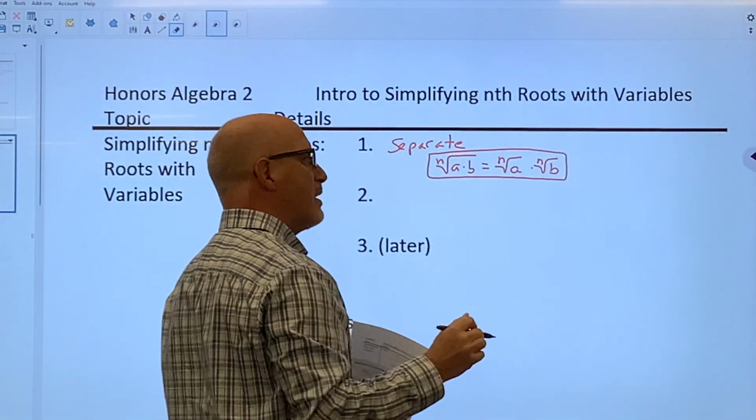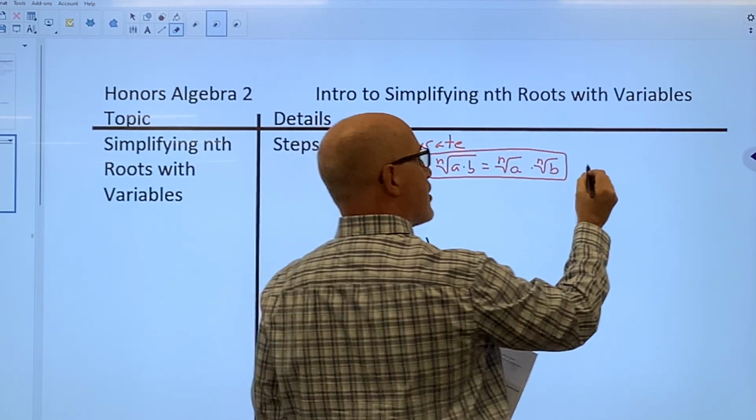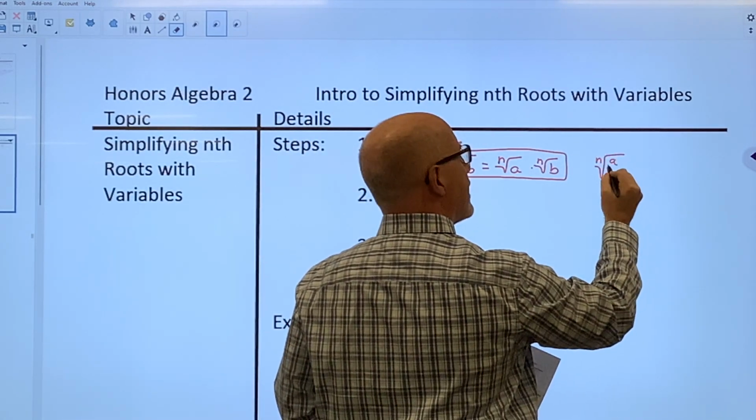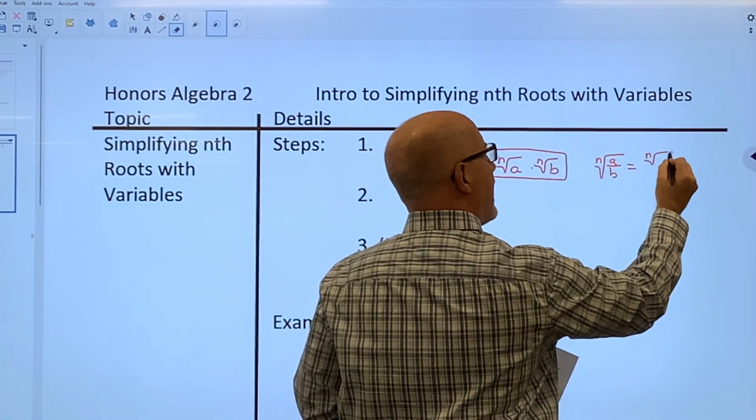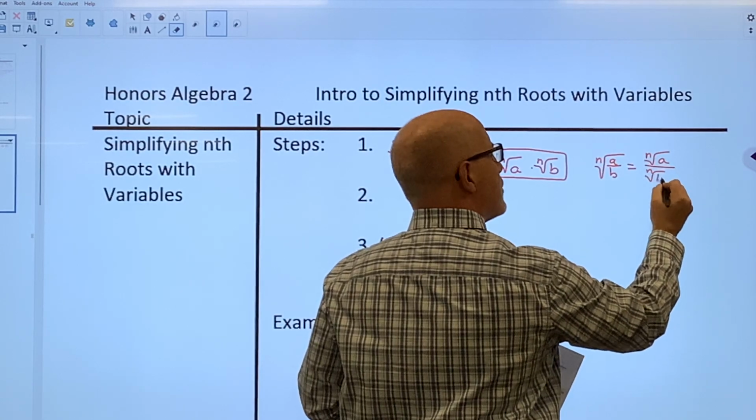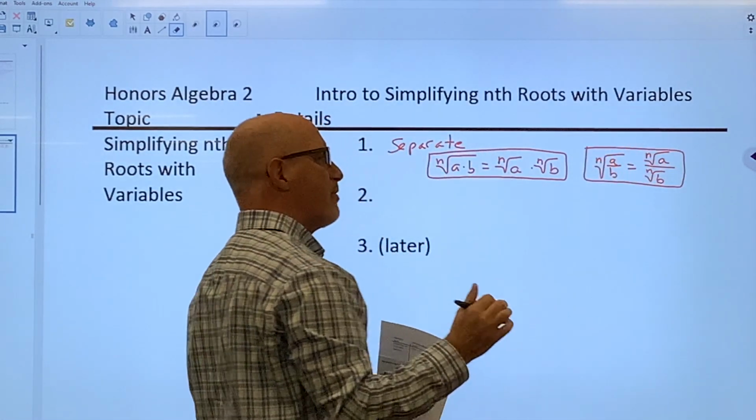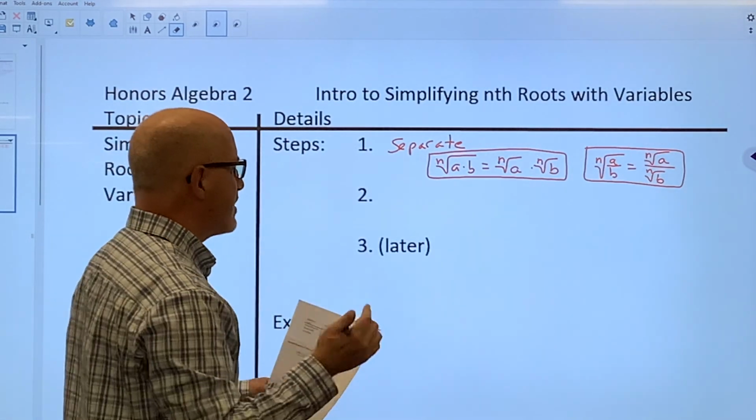The second one, this is when we have multiplication. If you have division, which means a fraction, so if you have the nth root of a over b, you can separate that into the nth root of a over the nth root of b. Now this will just help us when we're simplifying these to get them into a form that's easier to work with. Next, what you want to do is simplify